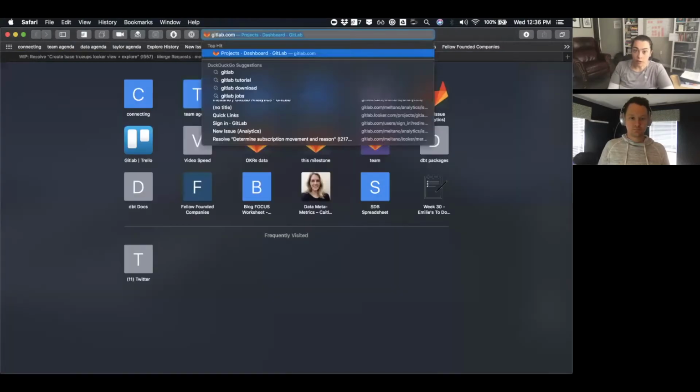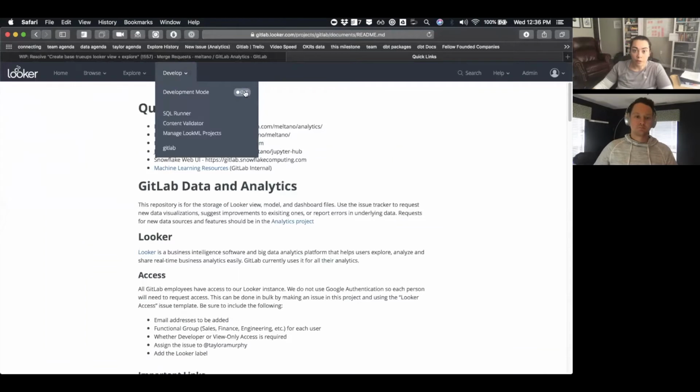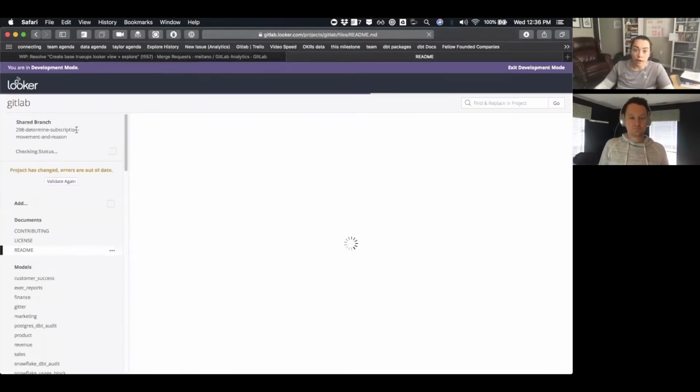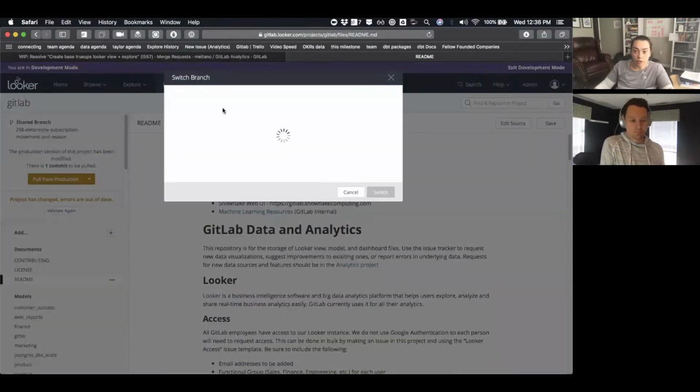So when we go to gitlab.looker.com, and we turn on development mode, we'll want to navigate to that branch. So I'm going to switch branch to,